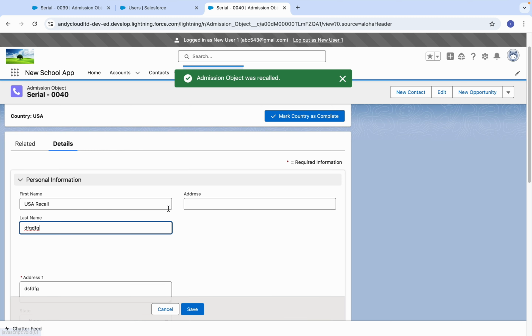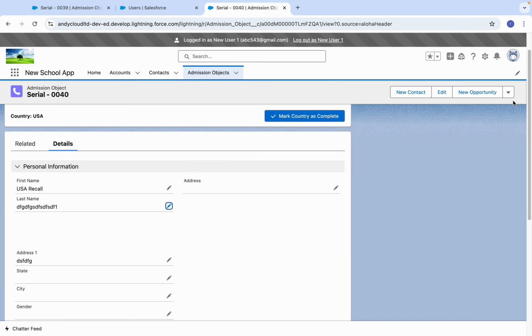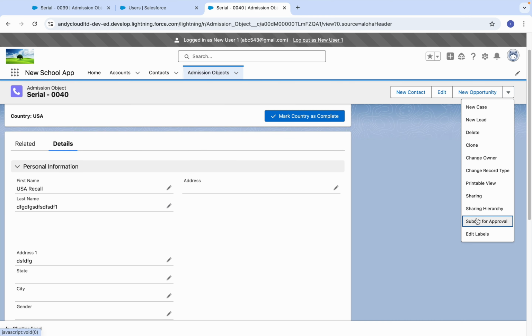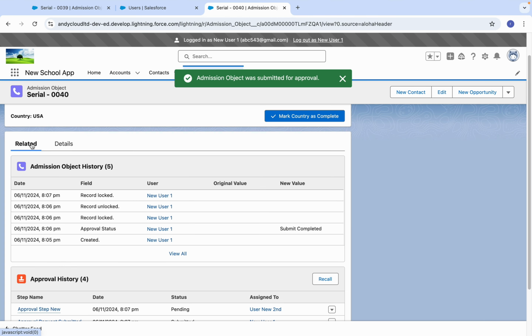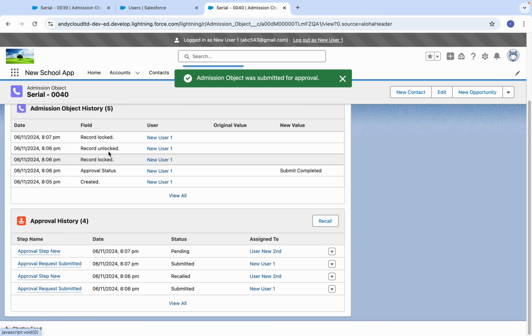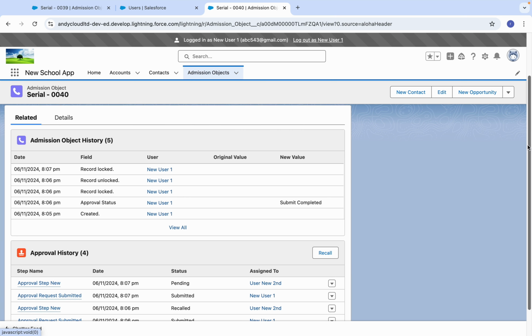So you can change now. Save. Okay, so now you are able to save again. Submit for approval, submit. Okay, see, it's locked again. Submit, recall, submit. So all approval steps it's showing, and it will help with all the steps.